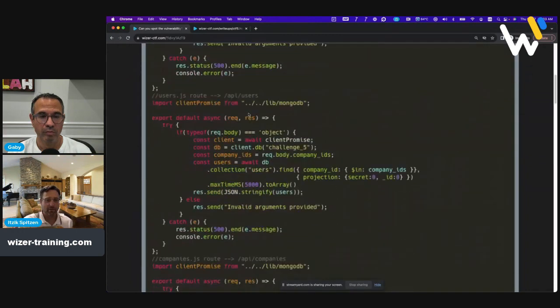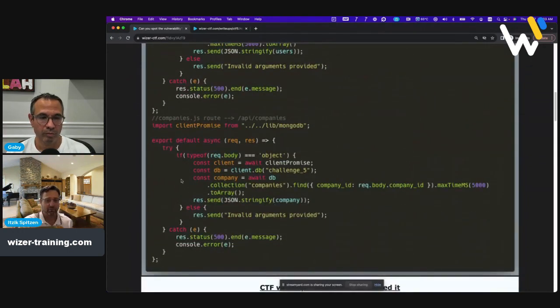In this API, the one that fetches the company, you can see that the request body company ID is not sanitized. It is also using a single value, which means I can maybe try to nest conditions here. Nesting conditions with an inner JSON is the best way to do NoSQL injection. And that's what I'm going to try to do.